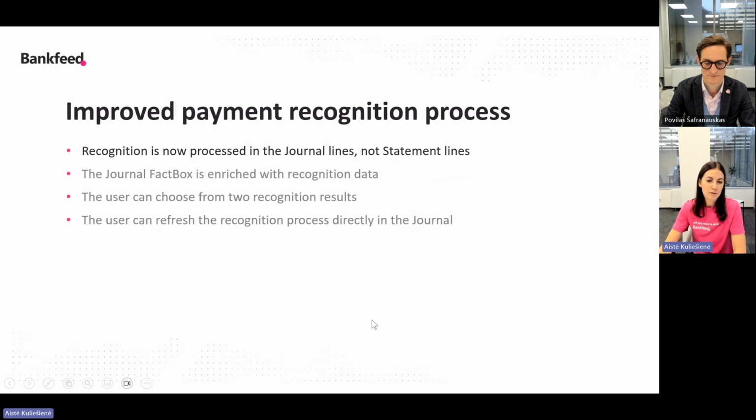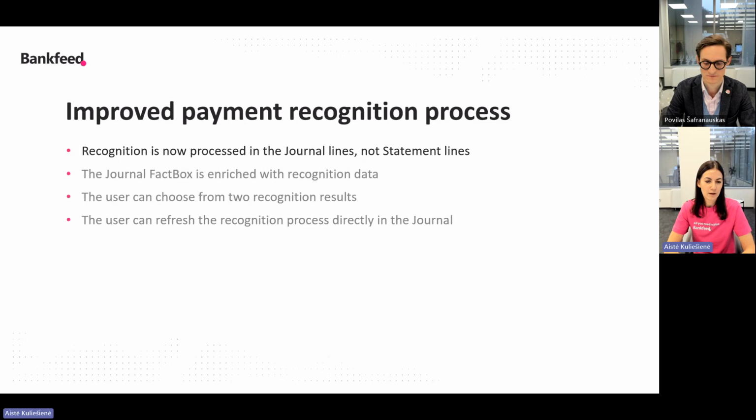From now on, our recognition is run in journal lines, not in statement lines as before. I think many of you remember our process: we refresh recognition in statement lines, go to journal lines, delete all the lines, and run the function process statement batches.